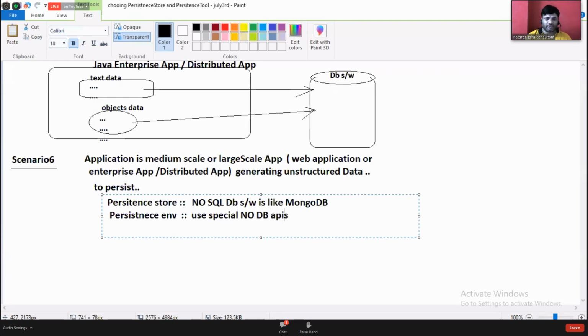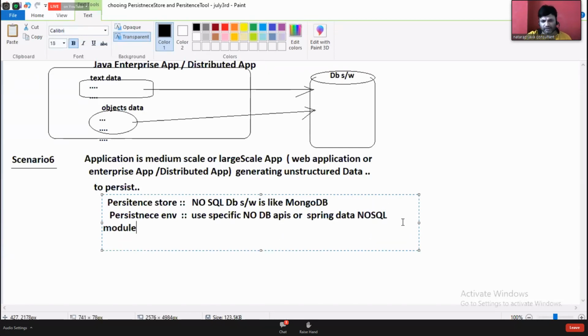Use specific NoSQL DB APIs or Spring Data NoSQL modules. Spring Data NoSQL modules.